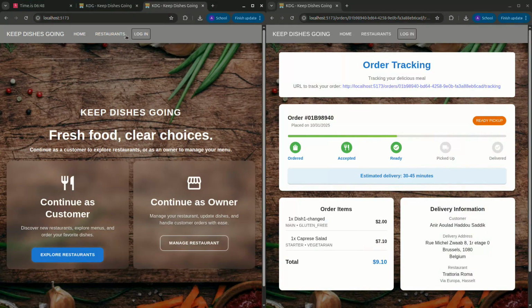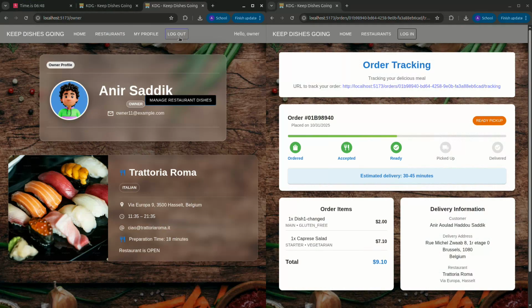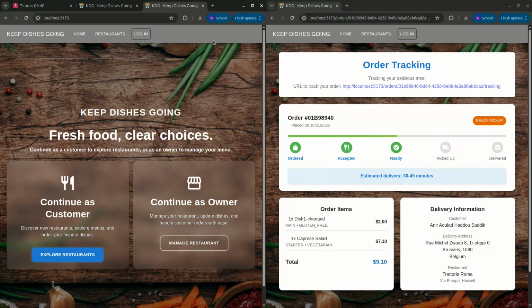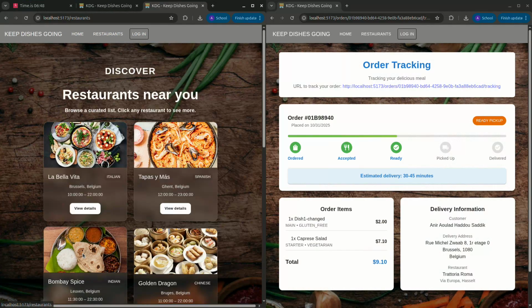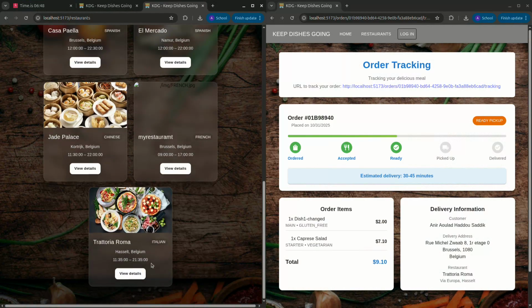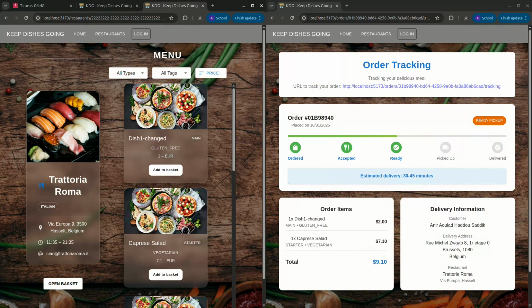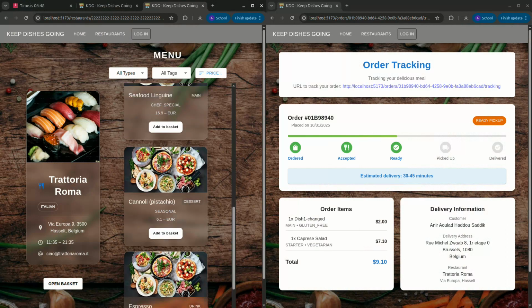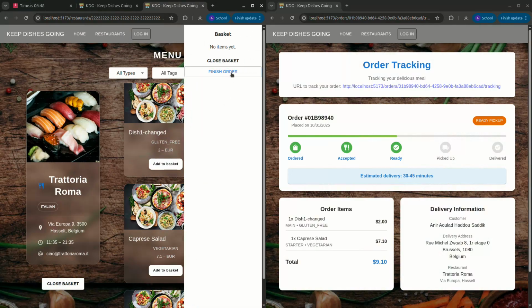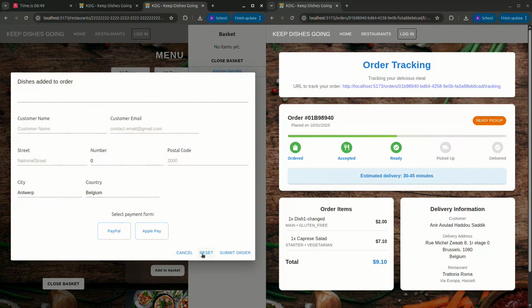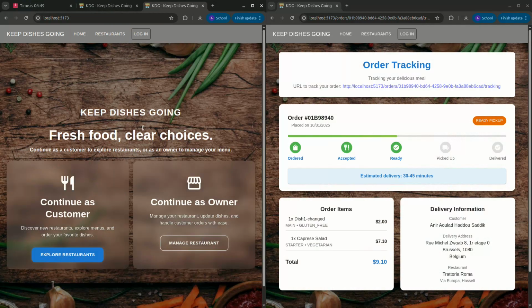We can also notice that we have a login or logout button depending on whether someone is logged in or not. In this case, I'm logged in as an owner, so I have the logout button, I have hello owner, I have my profile button, but if I log out, I clearly don't have those buttons anymore. And as we continue to wait for the delivery service to return, you can see again the restaurants for the customers, the basket with validation, options to reset, home page, and in just a few seconds, here we go,